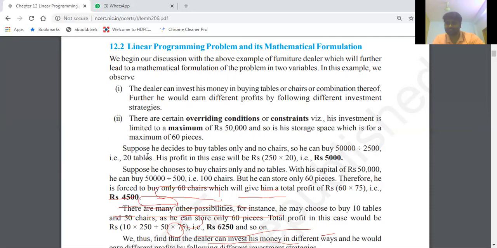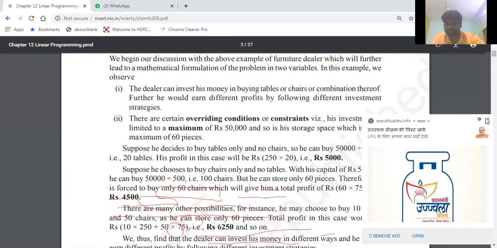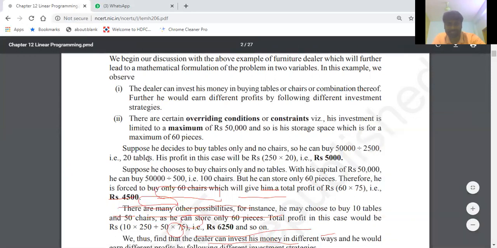Correct or not? Of course, you may have space for 60 items. But you can purchase how many tables? Each table costs 2,500, but you have only 50,000 rupees. So 2,500 20s are 50,000. Correct or not? That means 20 pieces only you can purchase. Acha, let us go for